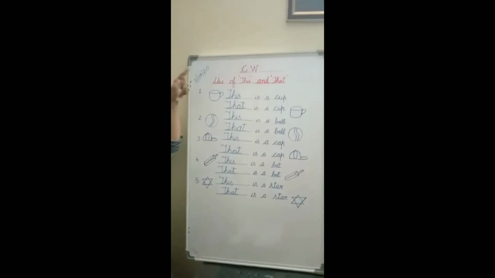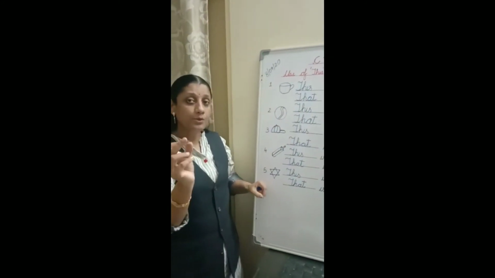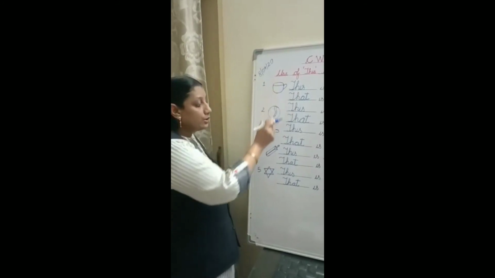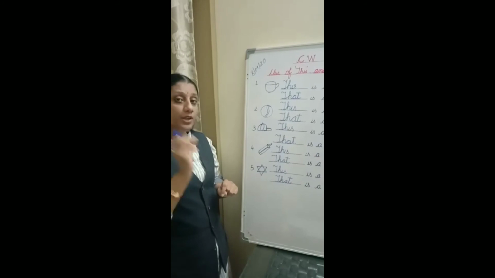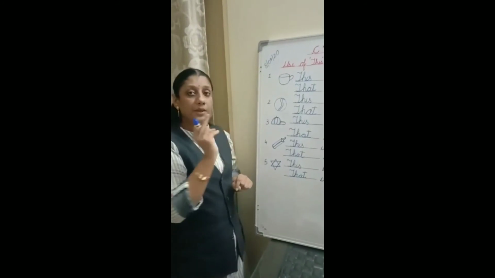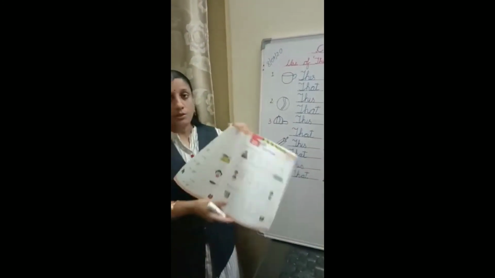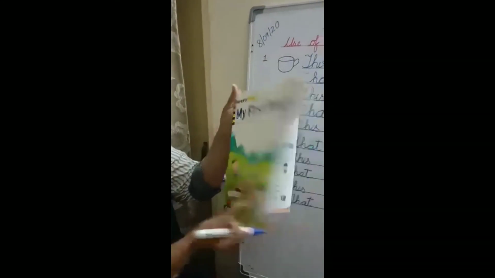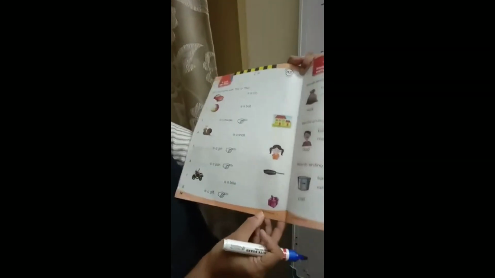Okay. So this is your work for today. Everyone has to write it very neatly, and everyone has to draw the drawing very nicely. You have to draw the drawing by yourself only. Okay. 1 page classwork you will be writing, and 1 page homework you have to write. Along with that, in the book also, here you can see my first reader book. So here on the page number you can see my first reader.